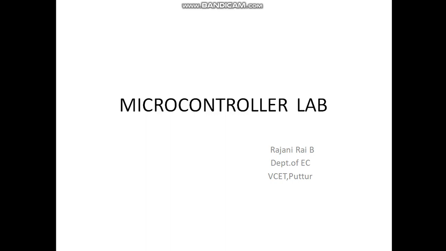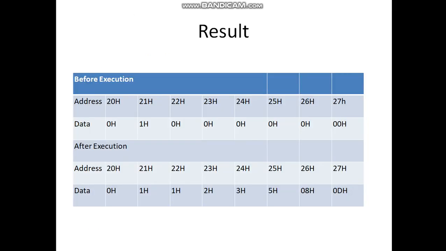So we'll continue with the lab session. In the last session we have seen the usage of call and return instruction: what sequence of operations takes place when call and return instruction is used, and how the control moves from the main program to the subroutine and from the subroutine back to the main program. Everything has been discussed, and we had also written a program to generate the Fibonacci series. In this session, let us see how to find the factorial of a number.